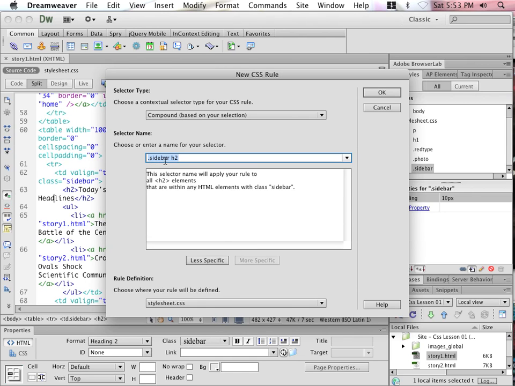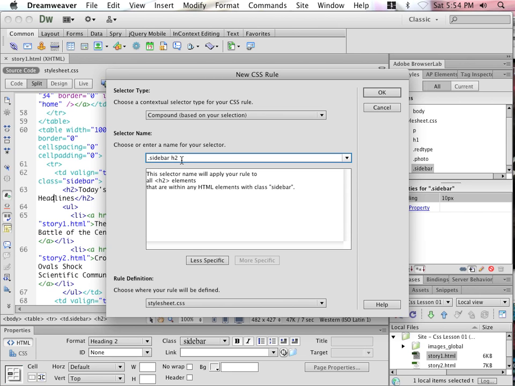So inside of sidebar, I'm addressing the H2 tag. So there is a combination of a tag and a class to address only H2 tags within the class called sidebar. Because I put my cursor inside of the targeted area, it actually brought that up right away by default